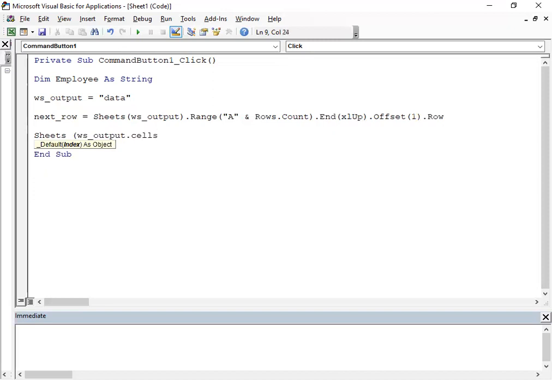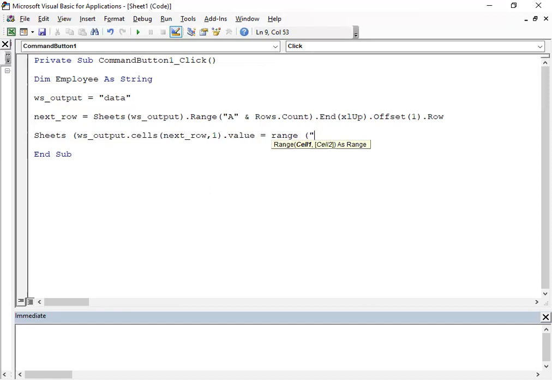Okay. Then next would be underline row and comma one. Then this is the first column, or rather this is the first row. Then that value equals to range. So as I said, I'm not gonna use a name for this. I'm not gonna assign a name. I'm just gonna say